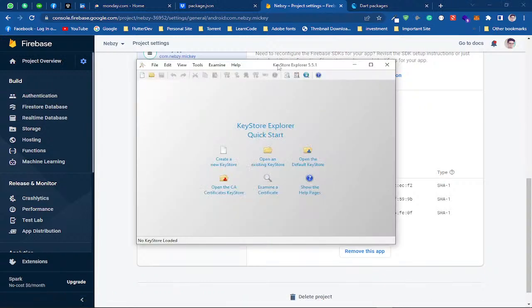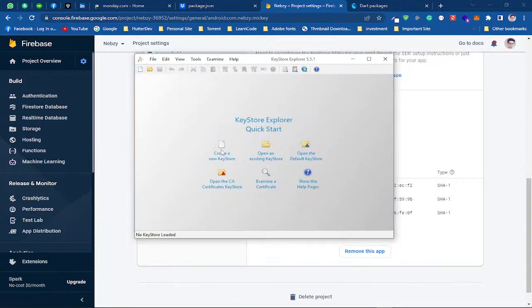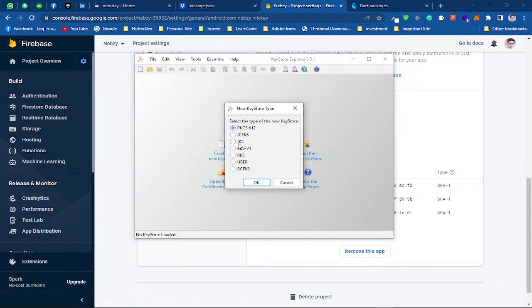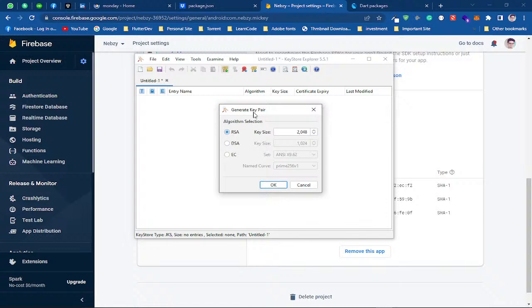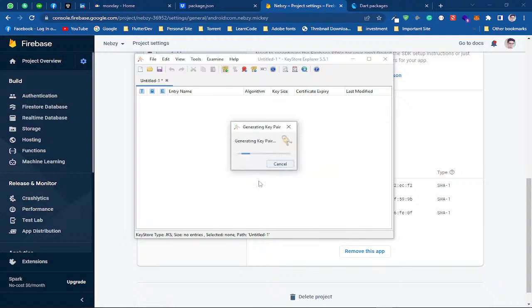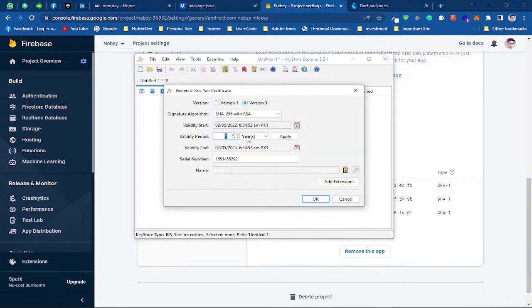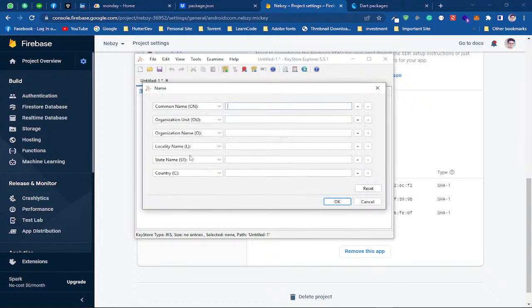So we need to generate a keystore file first. For this I will use a keystore explorer. You can do the same thing by using your terminal, but I always prefer this approach. The format is JKS. Okay, and here we need to generate a new key pair, RSA. Okay, and validity years is 1000 years almost. Okay, and here we need the common name, organization name Nibsy,